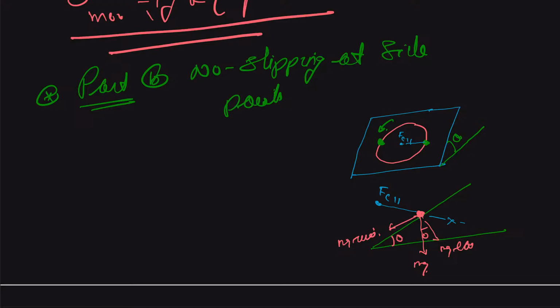So the only component that is going to provide our centripetal acceleration will be the frictional part. Therefore we can say for part B, there will be no role of this mg. Only part will be our FC parallel. So we can say at side points,